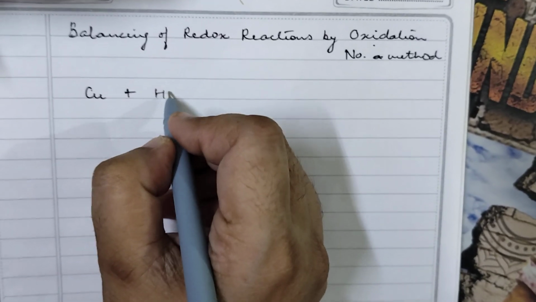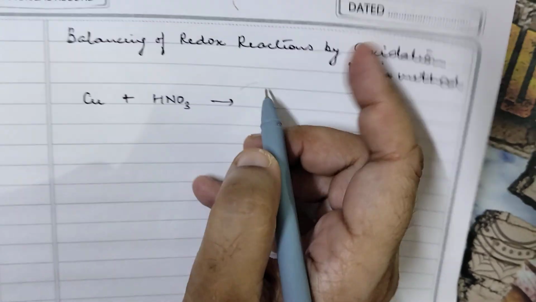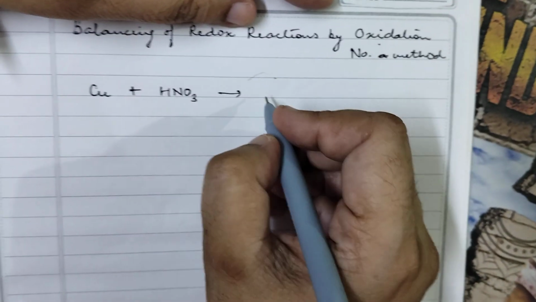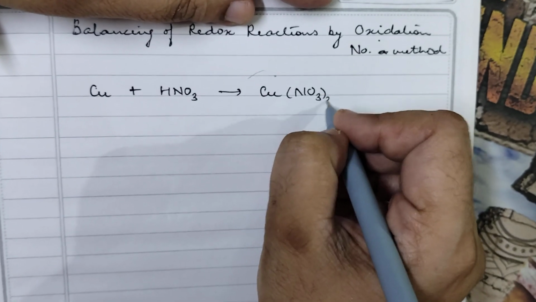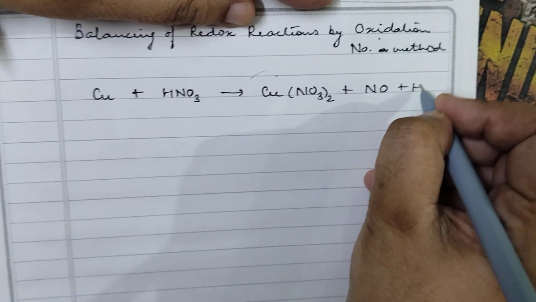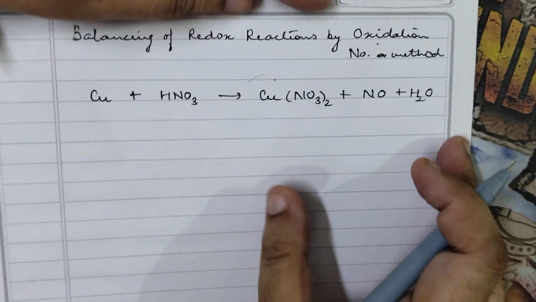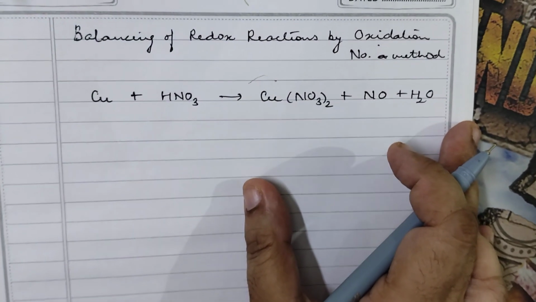Copper plus HNO3 gives copper nitrate, nitric oxide and water. This is the reaction using which we will understand the method. So the first thing you have to do is to write the oxidation number of each element at the top